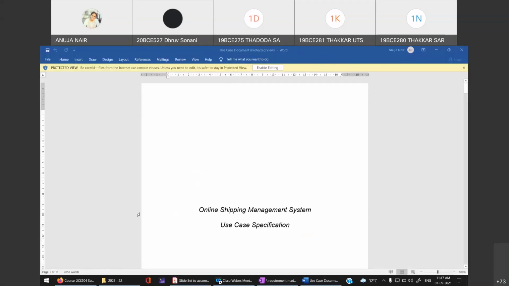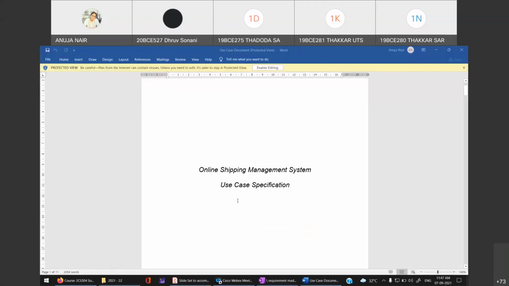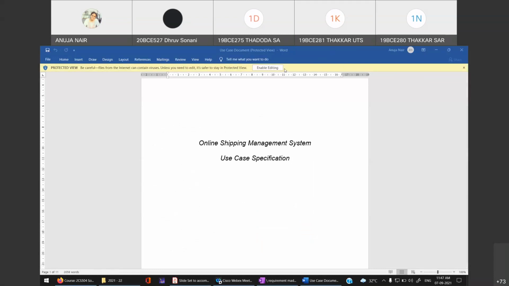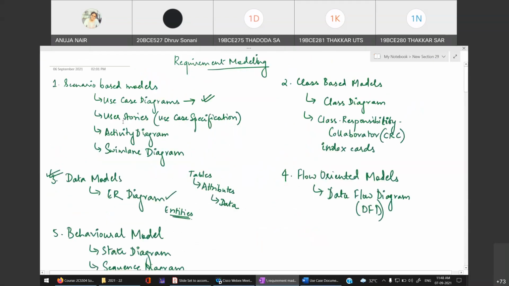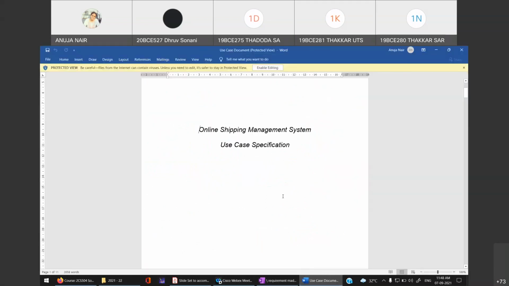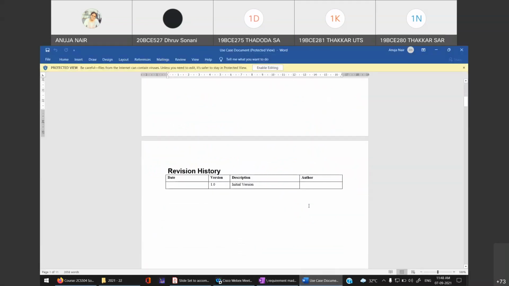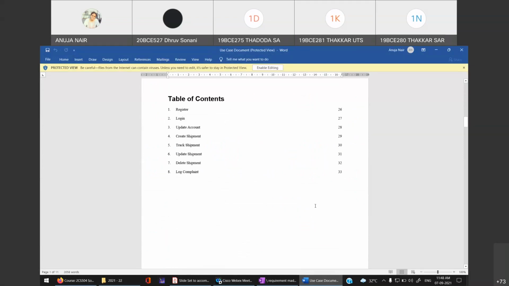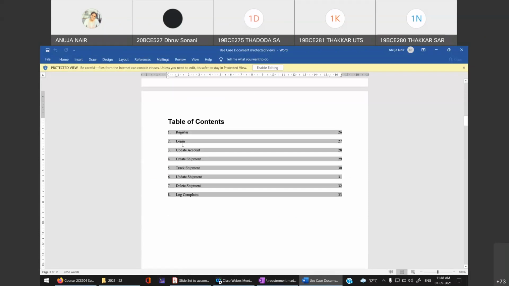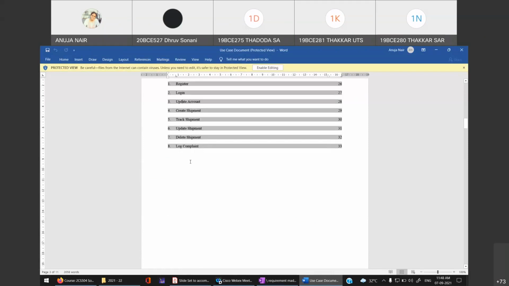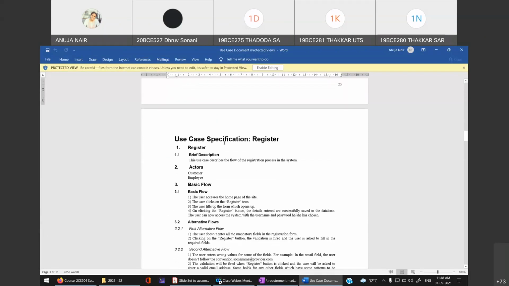Okay, so Kanisha, I would do that. So this is the user story. User stories are also called use case specifications, right? Now, I have already shown you this document when I was talking about the requirements chapter. So for every use case that you are creating, let's say that my particular online shopping has these many use cases, for every use case you have to write a use case specification.